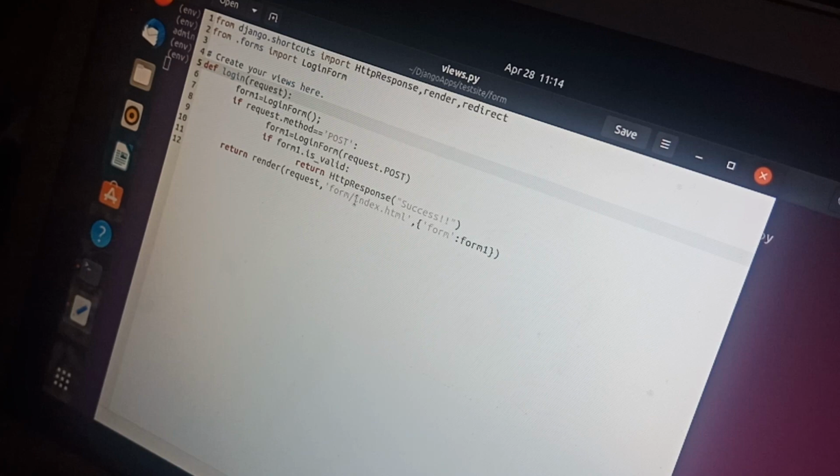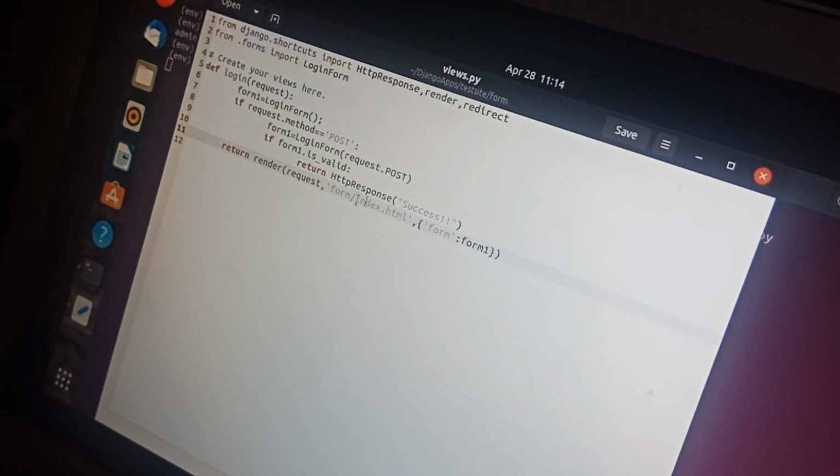So we are creating a definition of login, which will create a form. If the request is POST, then it will go for posting. If the form is valid, then only it will show success, otherwise it renders form index.html. So we're saving it. Move back.